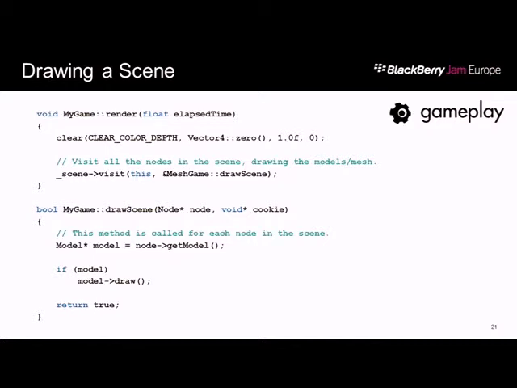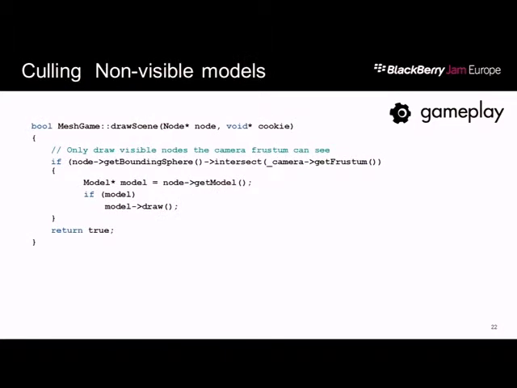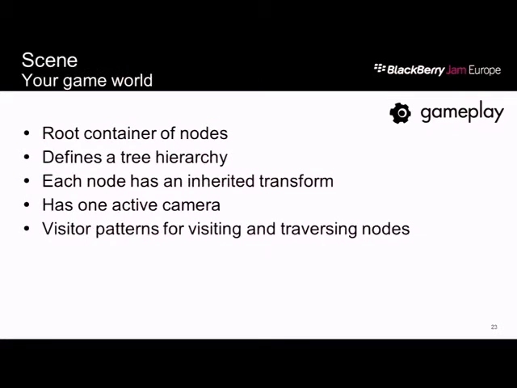And then in here, I'm going to get the node, get the model. If there is one, then draw it, because you may have a light and may not have a model attached. And if I want to skip non-visible objects, you don't want to draw things in your 3D scene that the camera does not see. So we also have bounding boxes and bounding spheres inside there. Every node has a bounding sphere for an early rejection model. So you can always get the bounding sphere and check it against the camera frustum and reject anything that's not within the camera view. There are other ways to do that with physics and stuff that we'll talk about later.